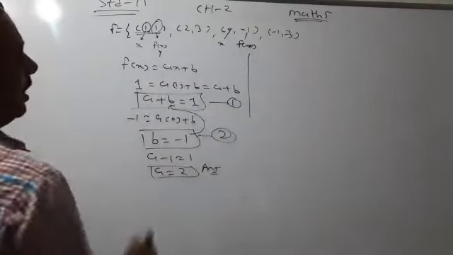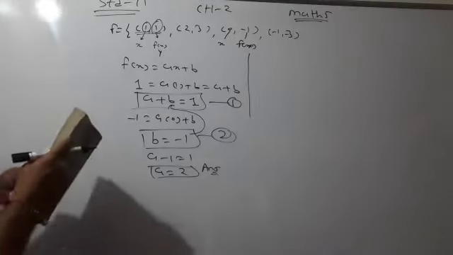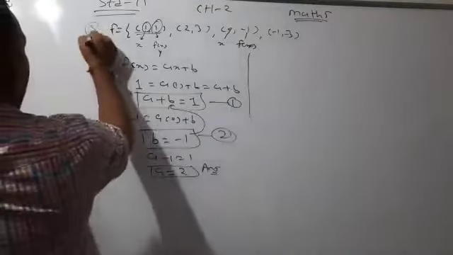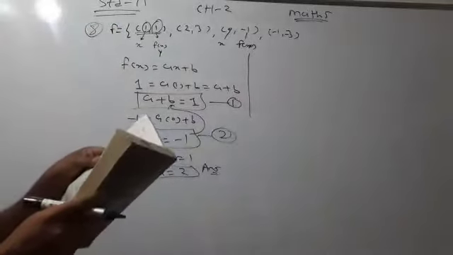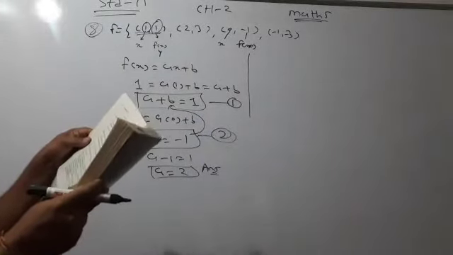A is 2, b is minus 1. This is your question number 8. This is an important question for MCQ. Now question number 9 I will give you as a homework,